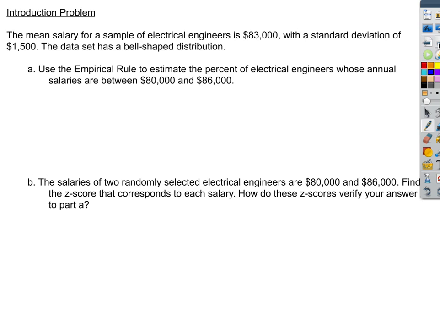the mean salary for a sample of electrical engineers is 83,000 with a standard deviation of 1,500, and this data set has a bell-shaped distribution. We want to use the empirical rule to estimate the percent of electrical engineers whose annual salaries are between $80,000 and $86,000. So if we sketch the distribution,